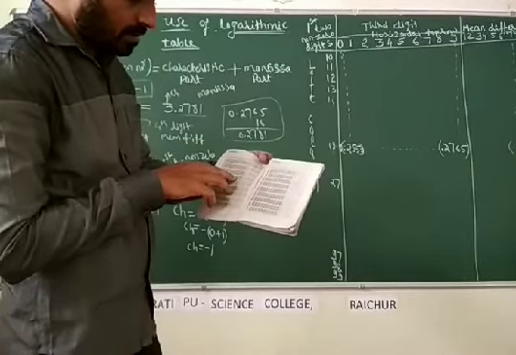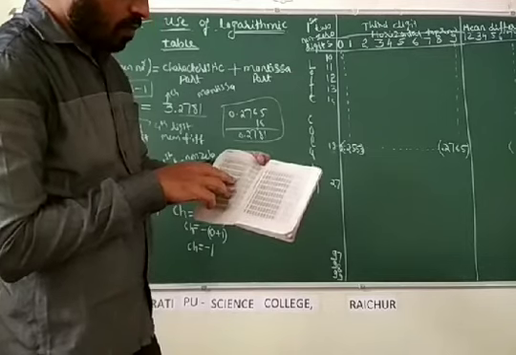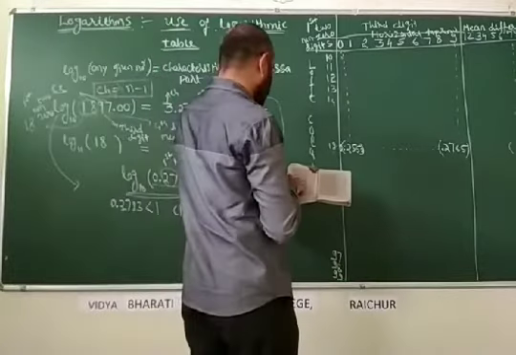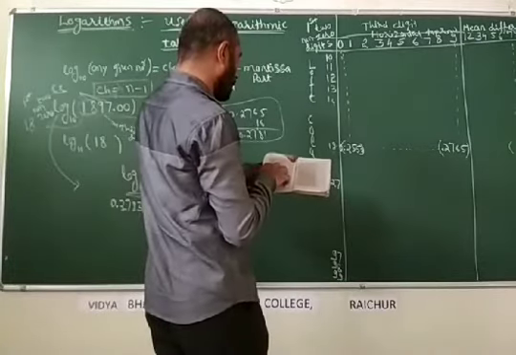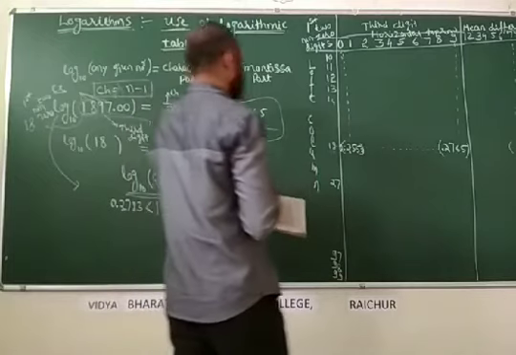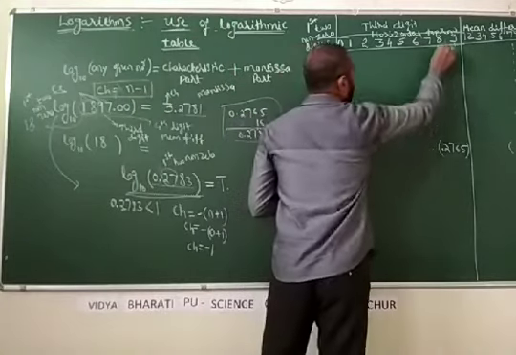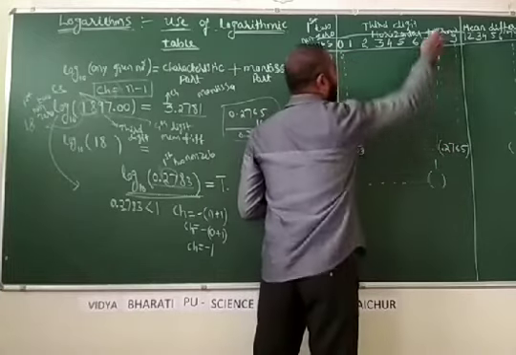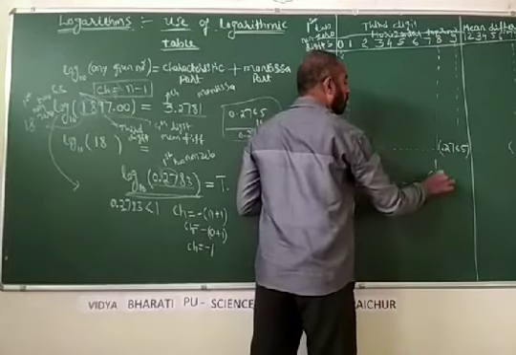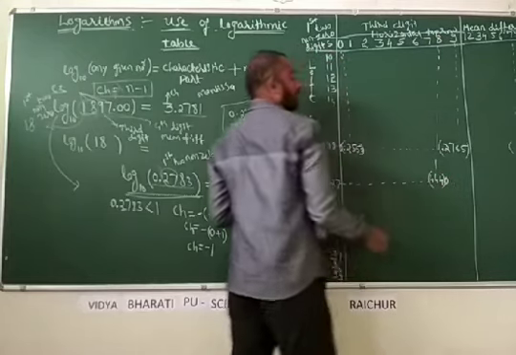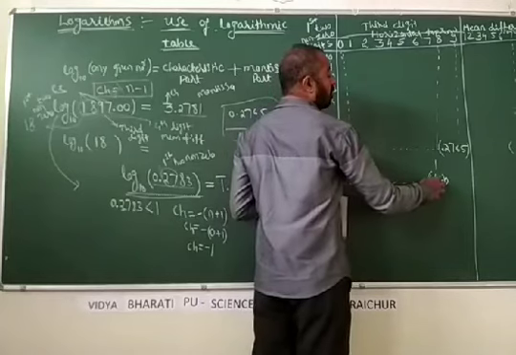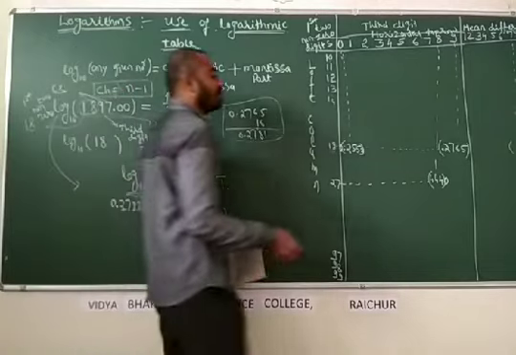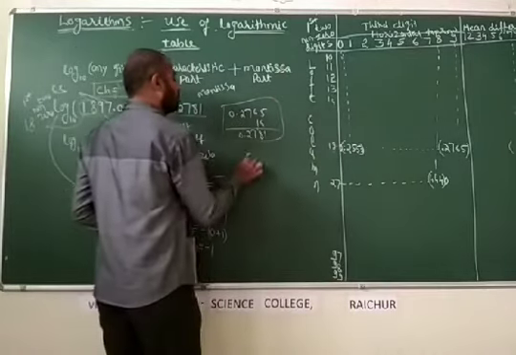27 under 8. The value is 4440. In this row, under the 8th column, the value is 4440. In the table, 4440. I told you the mantissa part should be taken along with the negative sign. That is